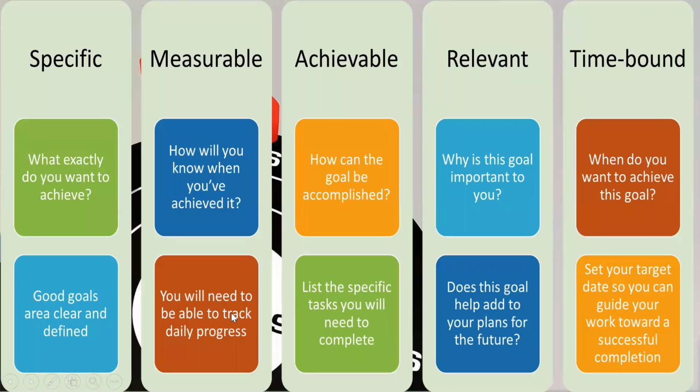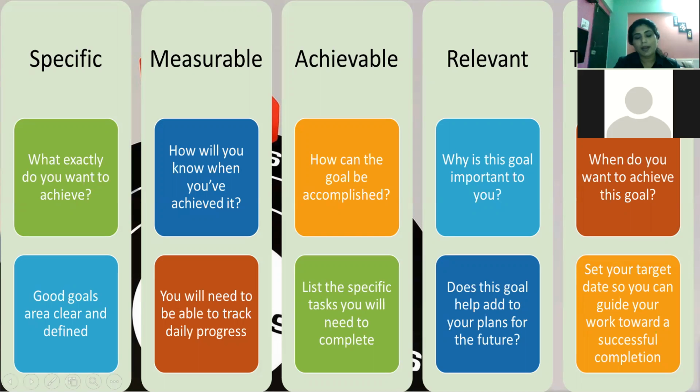So this is the very famous concept, and you all must know that SMART goal. So SMART goal, of course, specific. S stands for specific. M stands for measurable. A is achievable, or it's also called action oriented. Then R is relevant, and T is time bound, and that's how the word becomes SMART.